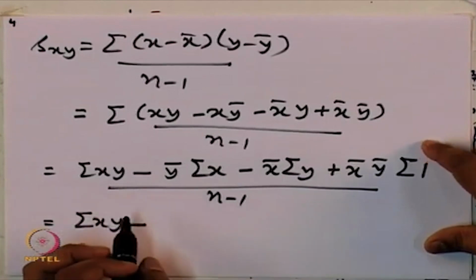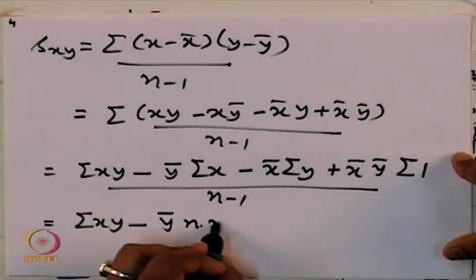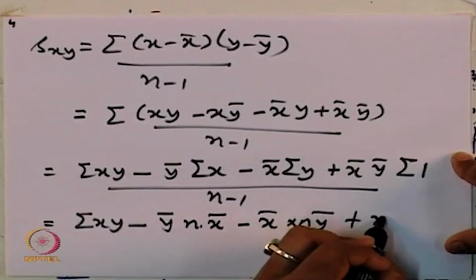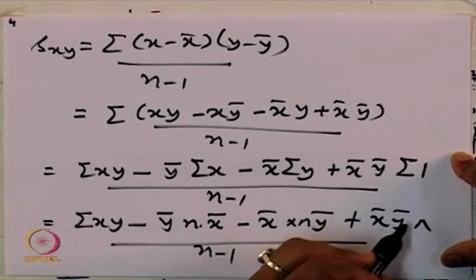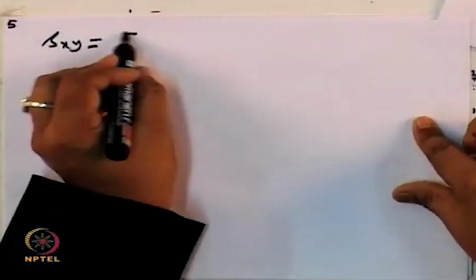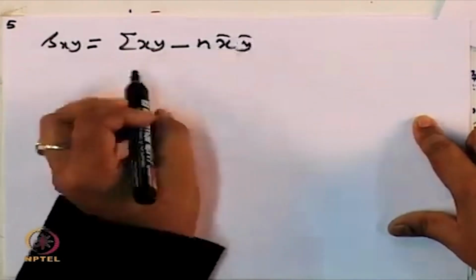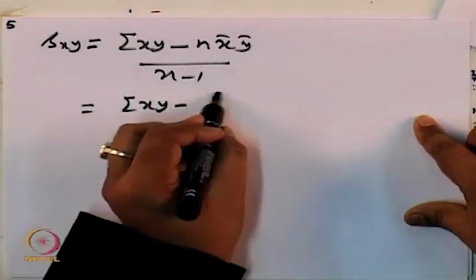So, y bar is okay. So, I can have y bar and summation x i to n into x bar, similarly x bar into y bar plus x bar y bar into n by n minus 1. Okay. So, this and this cancel out, and what you are left with is the expression s x y is equal to summation of x y minus n x bar y bar by n minus 1. So, I can rewrite this equation as